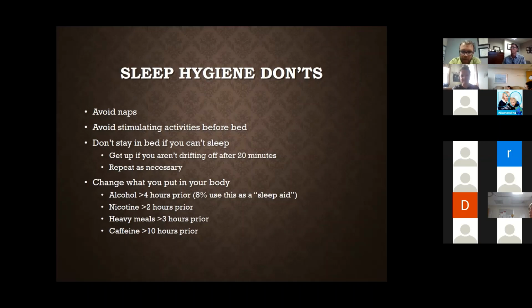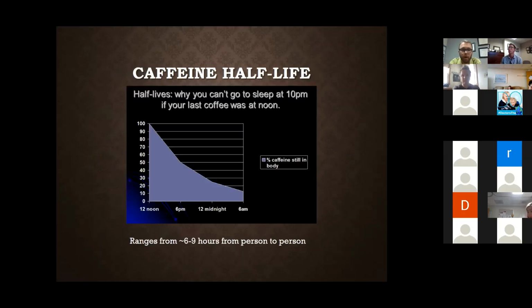And then caffeine, I would cut this out just like Dr. Witt said. I would say noon is probably about the time I would have you cut it out. Over time, I've increased my caffeine usage, but my last cup is usually by 9:30 a.m., just so I can be pretty assured that it's mostly out of my system. But here is a chart to display this. I read some updated information, and depending on who you are and how you metabolize it, the half-life of caffeine can be anywhere from 6 to 9 hours.